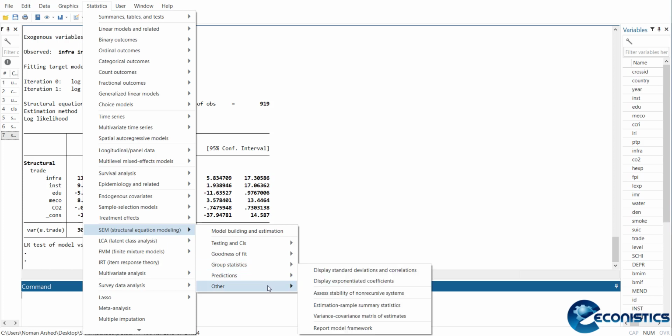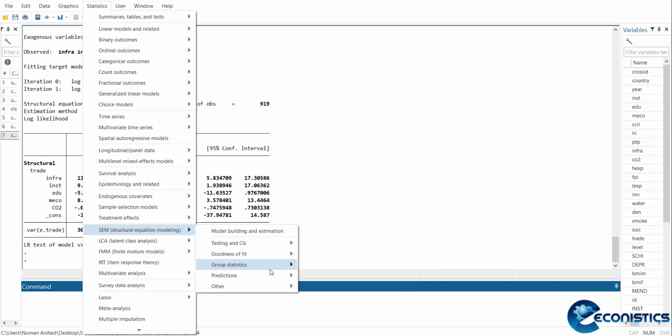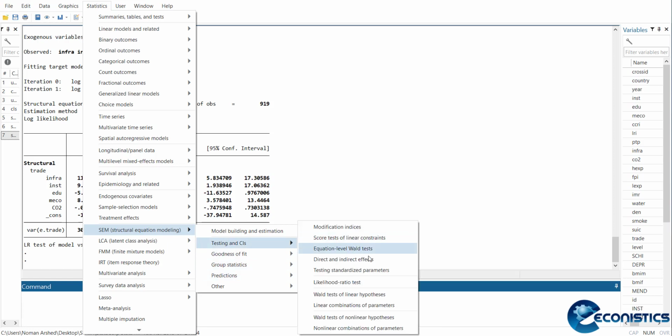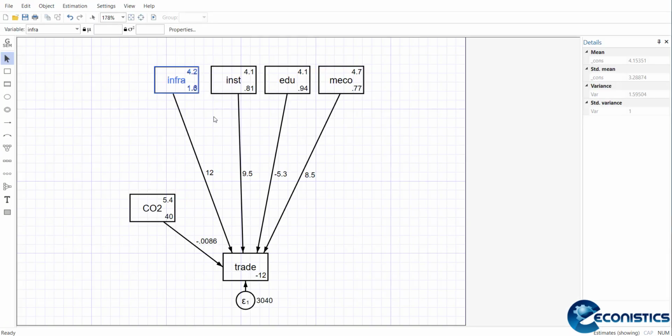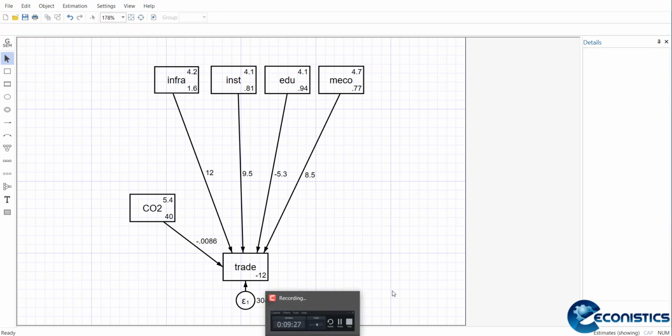And then you can also report important things, including group level fitness, and you can also add the standardized parameters. This way you can add the descriptions in the model. So this was the tutorial of how to make a SEM in Stata. Hopefully you understood, and in our next videos we will try to make complicated models and see their application in real life, so that we can use that model in our research work and in our projects. Thank you very much.